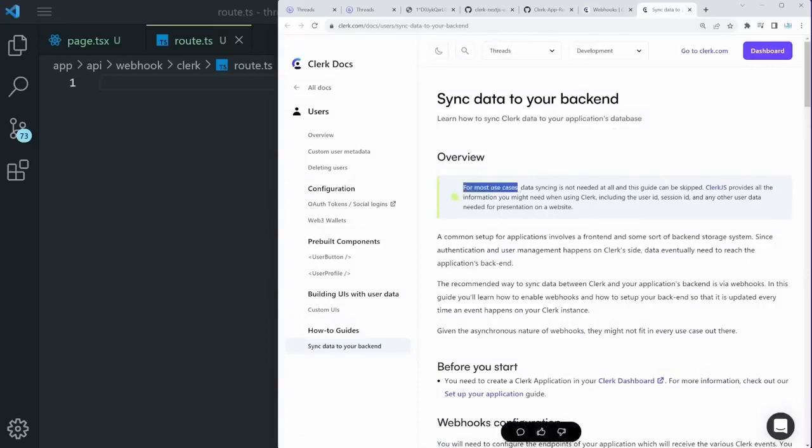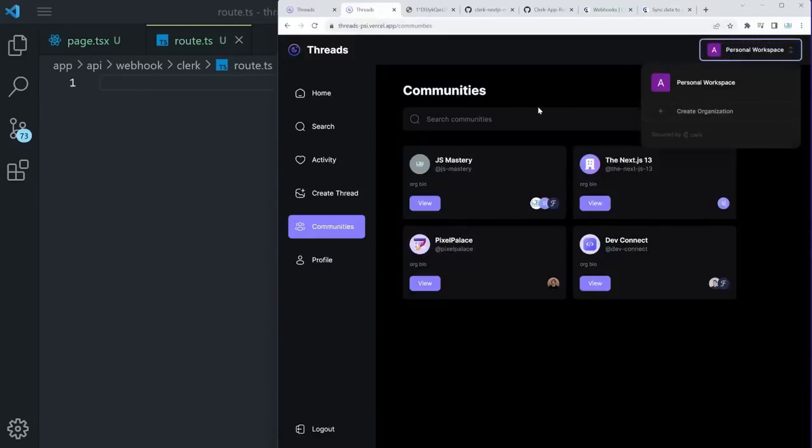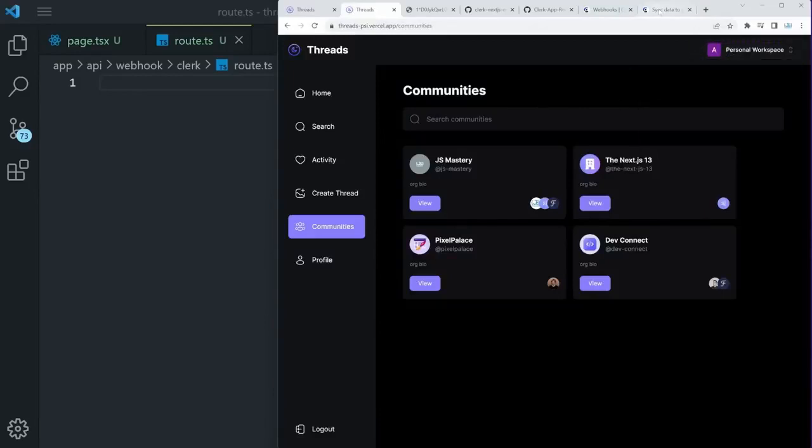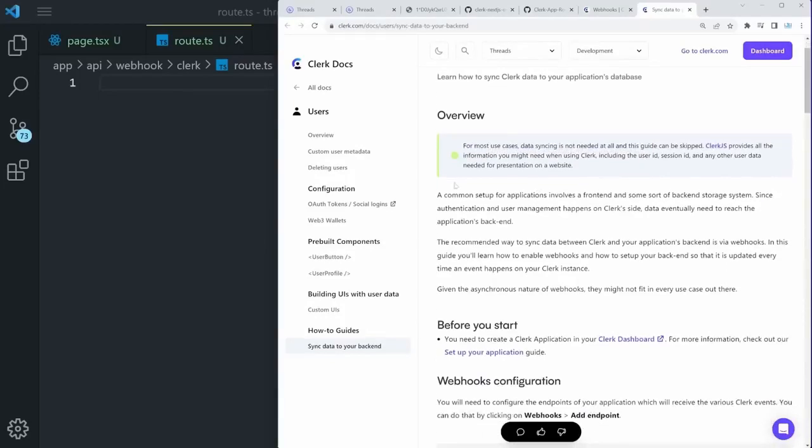For the majority of use cases, data syncing is not needed at all, and this guide can be skipped, such as for all the things that we've used so far, logging in, getting the user info, and so much more. But this application is more advanced, and we want to show you how we can create those communities and sync their data. So it is a common setup for applications that involves a frontend and some sort of a backend